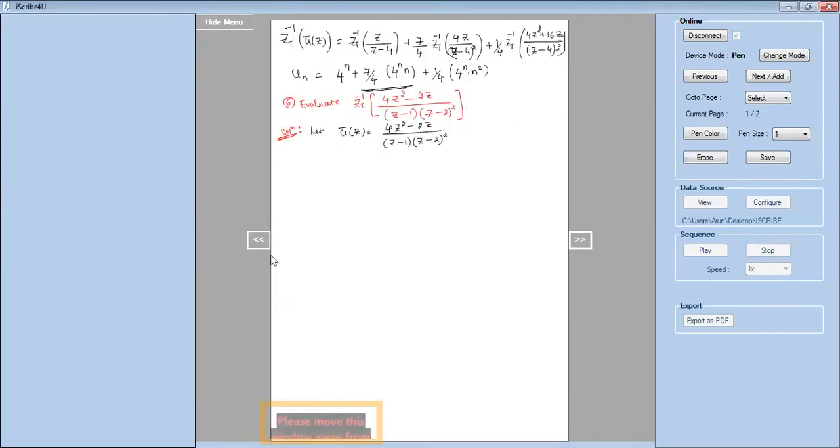So let us do the splitting first. Let us consider, I'll write like this, (4z² − 2z) over the denominator (z − 1)(z − 2)², equals. Now, see, I'll do the partial fraction for this. First, z − 1. What is the partial fraction for this? It is A by (z − 1).